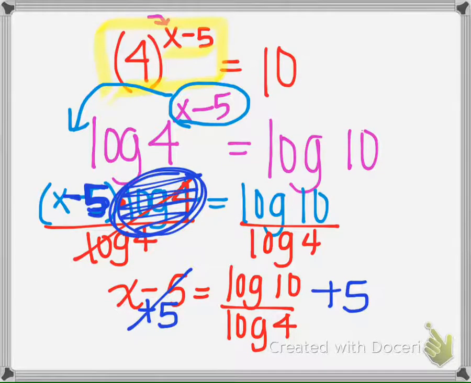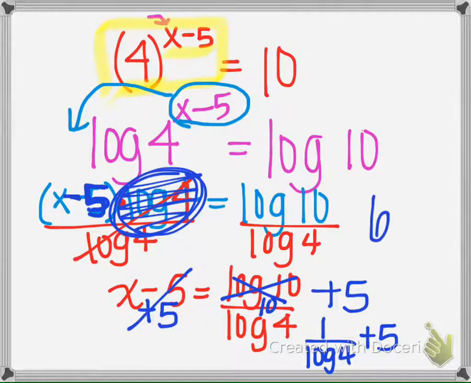So now we can simplify log 10 here. Log 10 is the same thing as 10 to what power is 10, which is 1. And if we look at the directions for this problem, it says estimate it or round it to 2 decimal places. So we're going to enter this into our calculator, 1 divided by log 4, and then add 5, and we should get about